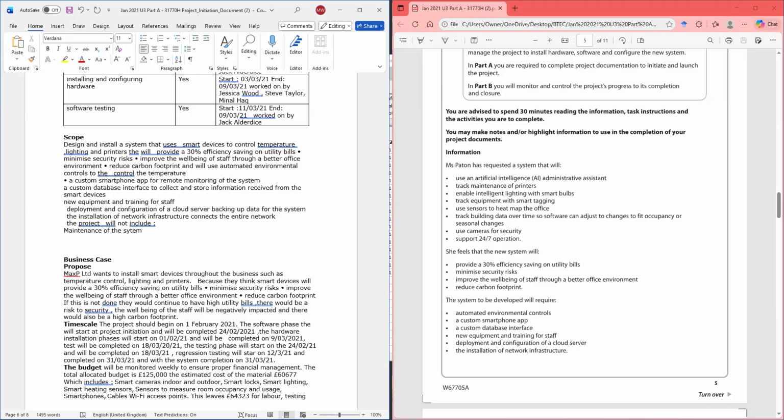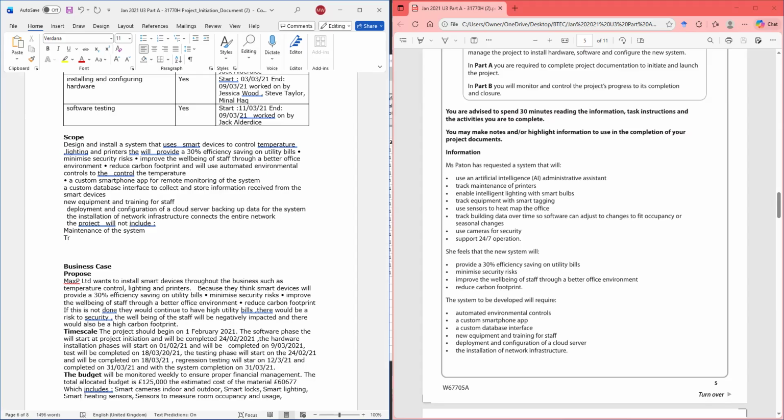Training staff. Did it say training staff anywhere? No. So training staff to use software.